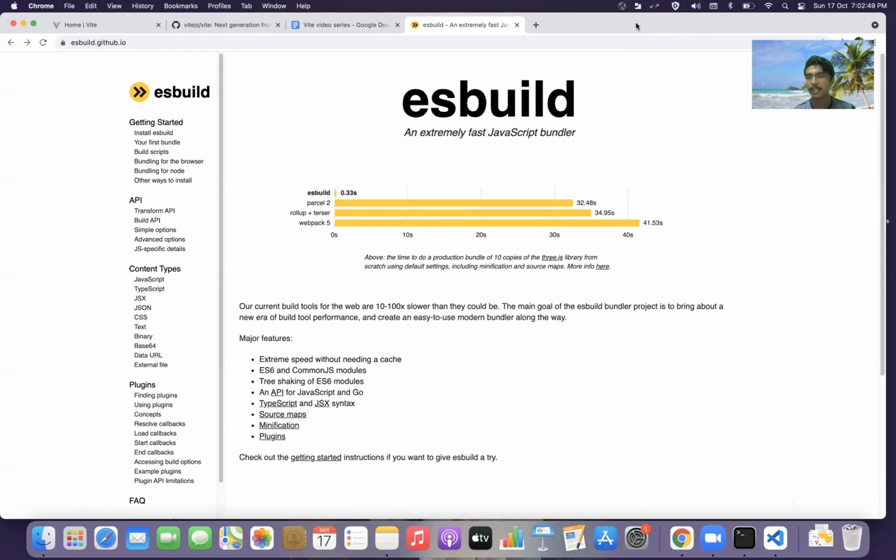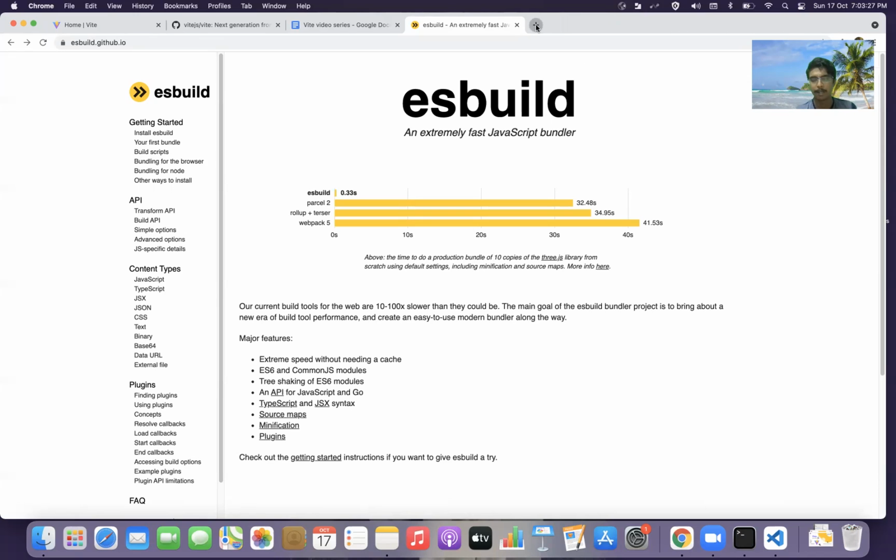Since all the other build tools like Webpack, Parcel, Rollup are written in JavaScript and follow just-in-time compilation, they're not as fast as native. And it's not that suitable for terminal-based applications either. The build step and everything you execute in the terminal is more of a terminal thing, so when it comes to such applications, JavaScript is not that friendly or that fast. So what ESBuild does differently is that it's written in a language called Go.